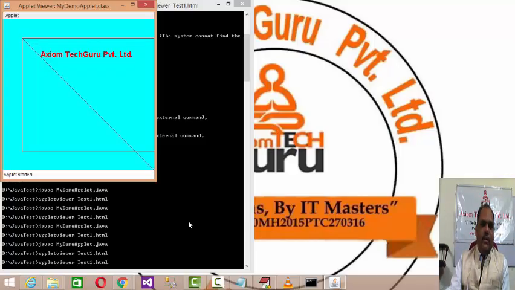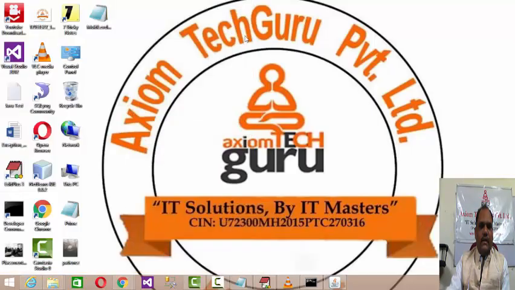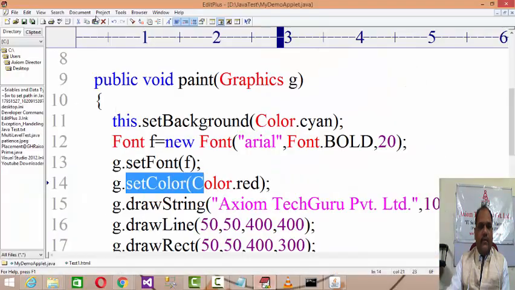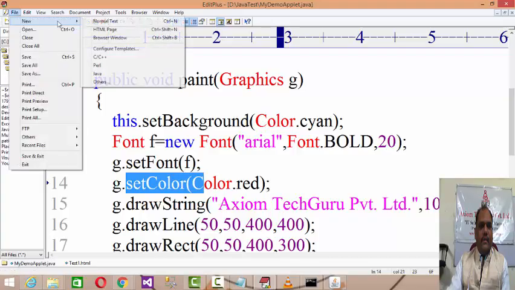Otherwise, in NetBeans, if you run it directly, it will run on the browser. Okay, so this is the first demonstrative code we tested with the applet. Let's test one other code.